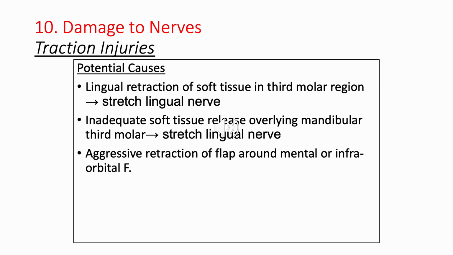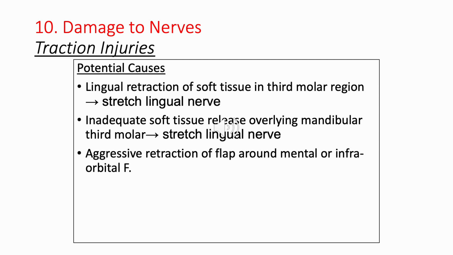Traction injuries, I think, are one of the more common ones, just because people aren't thinking about what's going on with their left hand, the hand that has the Bishop's retractor or the Minnesota or the periosteal. They're so focused on their right hand, the one that's extracting the tooth with a forceps or using the 701 bar, and they forget after they've made this really nice flap that now their Bishop's is pulling down on the flap and crushing the mental foramen, for instance,